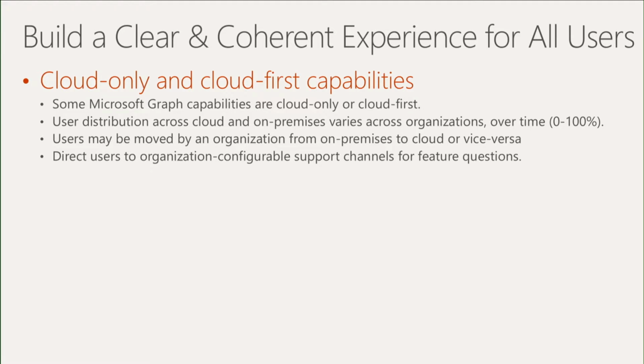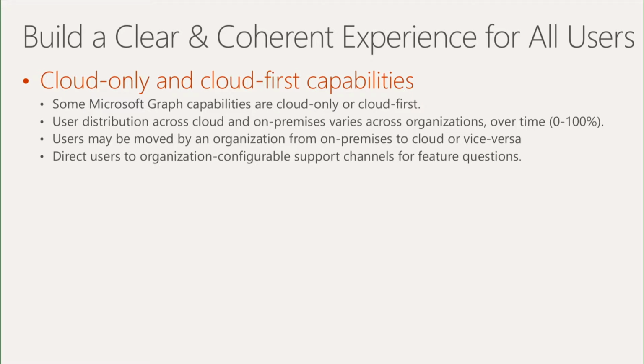In some cases, if they decide to go ahead at the end, they end up with 100% in the cloud. So the app developer should not assume a certain mix. Also, often users get moved around. A user may be on premises today and cloud tomorrow, or vice versa. And this is important because especially if you move from cloud back to on premises and some of the things you did with the app don't work now because those buttons are grayed out or not available,